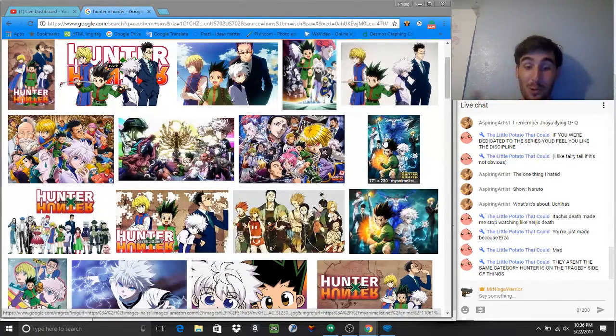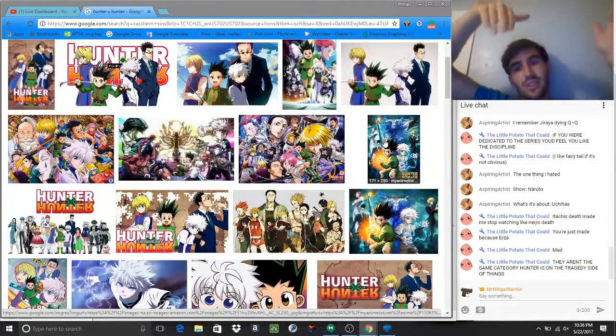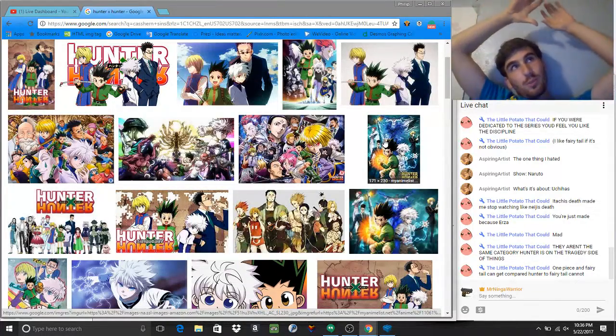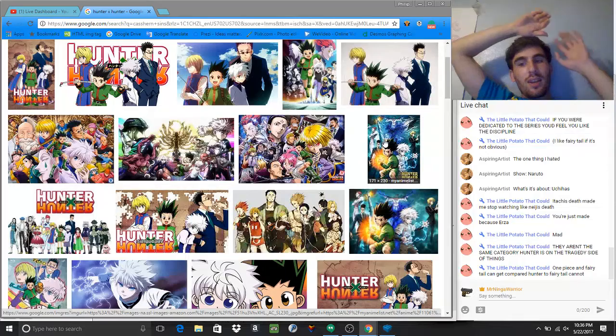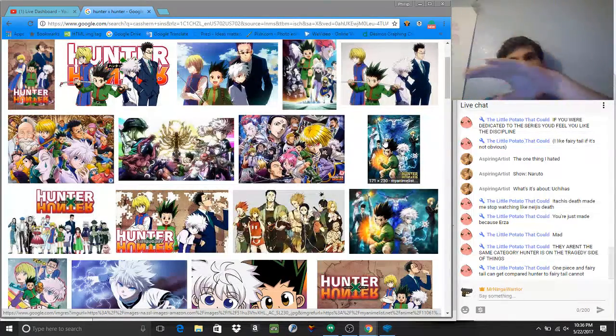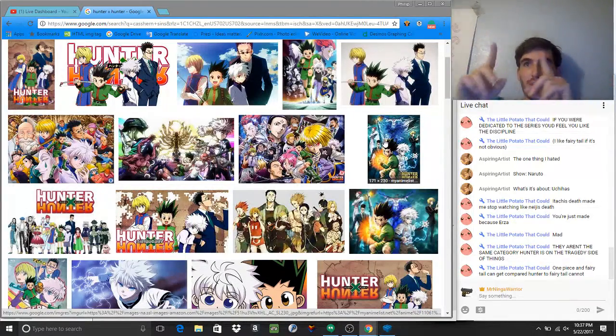And because he starts murdering people, you don't necessarily feel bad for the Phantom Troop, but at the same time, you do feel bad for the Phantom Troop because you've seen enough of their backstories and you've had enough episodes with them to progress that you actually feel bad for them. The Phantom Troop isn't actually a phantom in the series. They are integral to the core line, and they are weaved into the story in such a way that you see bits and parts of them and you see different sides of them that make you care about them more